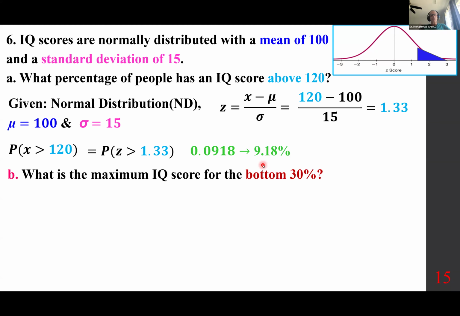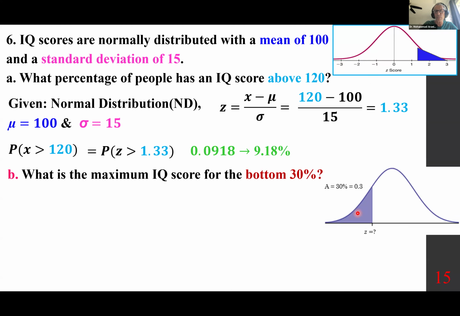What is the maximum IQ score for the bottom 30%? Always start with the graph. The bottom 30%, the area is 0.3. Doesn't have to be to scale. So we are looking for the Z score. From the Z, we go to X in a moment. So the bottom 30%,